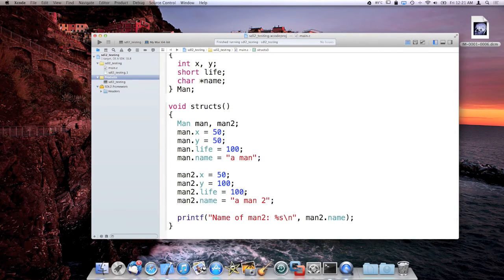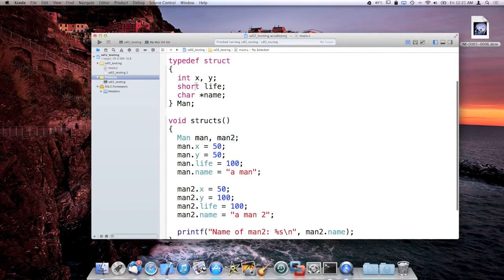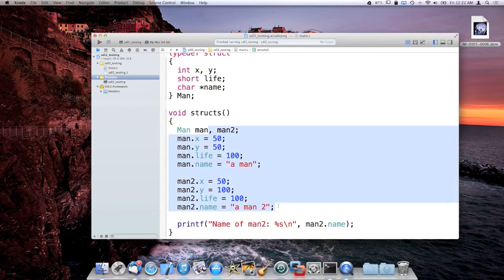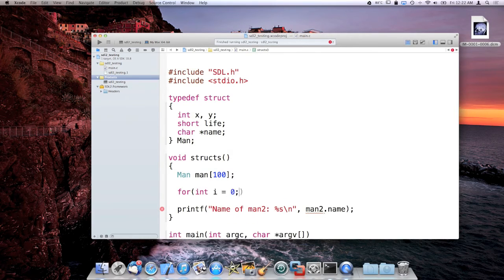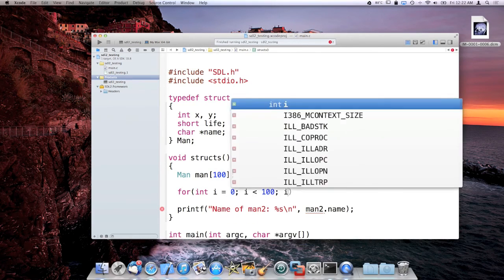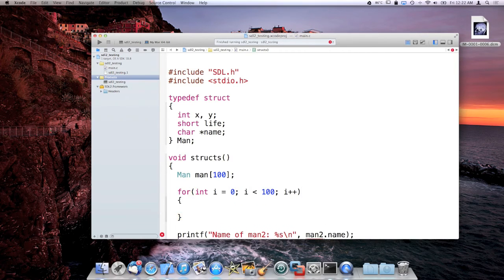So as you can see, there are some very powerful capabilities here. Once you can organize your data and your variables into real-life objects, you can have your program start to take shape in a way more like how a human being thinks, where you can organize things. Another cool idea is you can combine arrays and structures. So for example, if you wanted to have 100 different men, you could declare 100 of them,